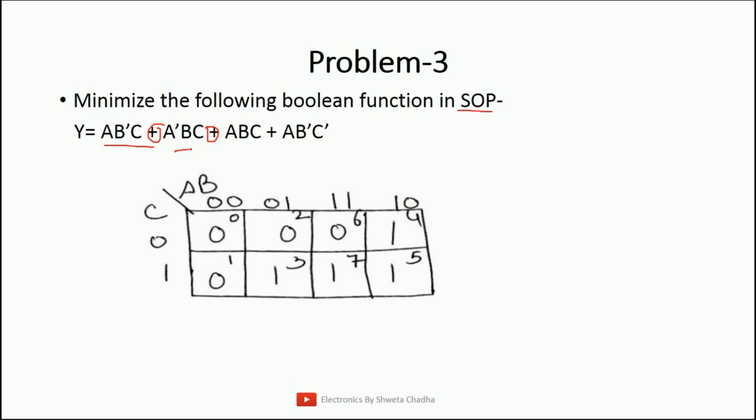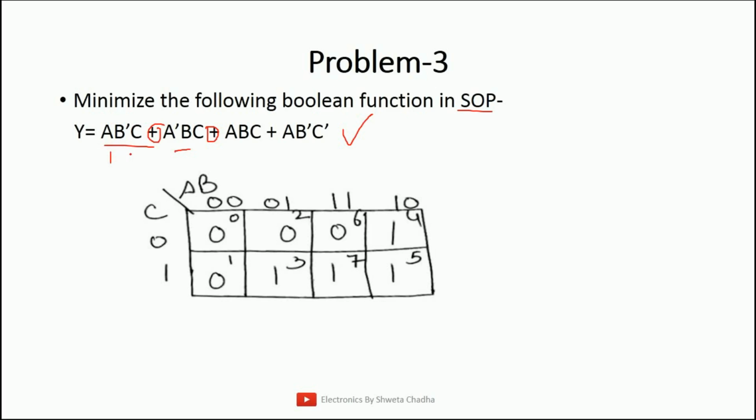Just a hint, if the problem is not written in standard form, then it is always suggested to write down the expression in standard form first. Otherwise, there will be a lot of confusion while filling the K-map. But the expression which I have taken over here is already in standard form, that is the canonical form. So we are not going to convert this into the standard form. Now how to fill the values? In SOP, variable is written as 1, variable bar is written as 0.